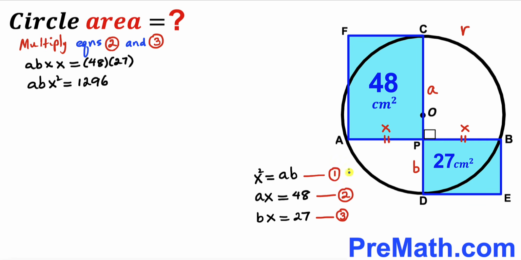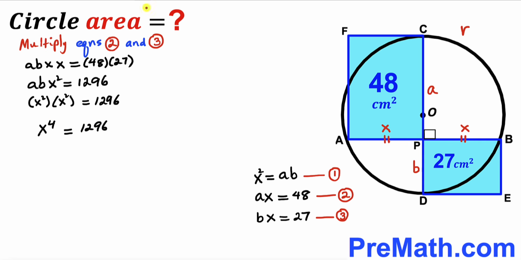And now let's focus on equation 1, ab equals x square. So I'm going to replace ab as x square over here. So therefore we ended up with x square times x square equals 1296. So on the left hand side we got x power 4 equals